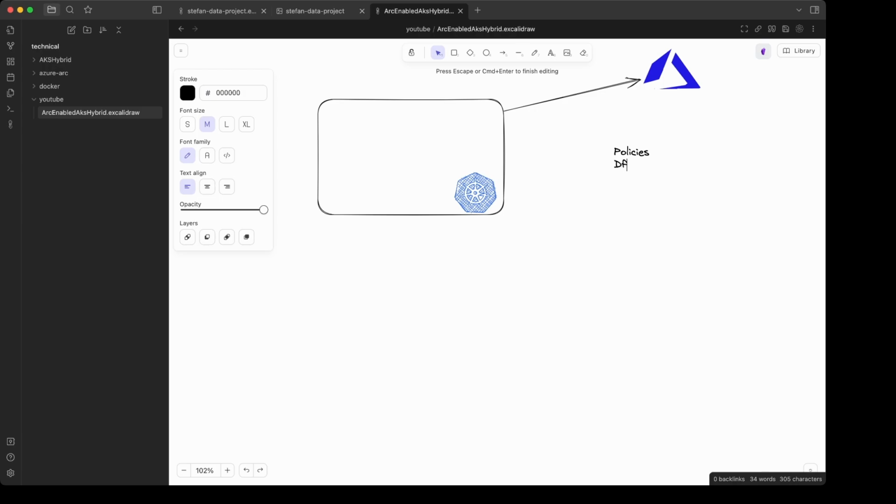They can install Defender for containers, which is a runtime security analysis product for containers. They can enable GitOps integration. Also, you can enable open service mesh. You can install container apps. You can install container insights,